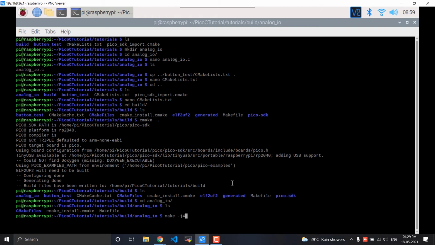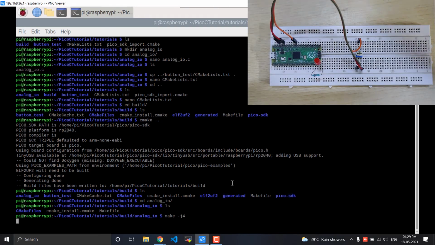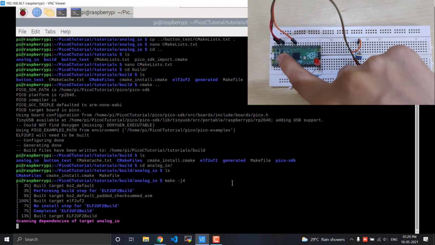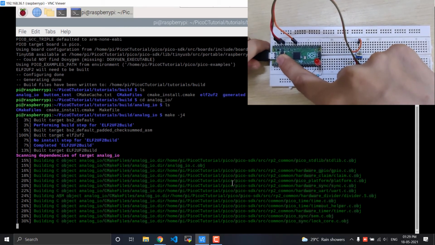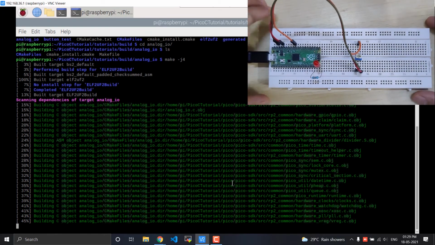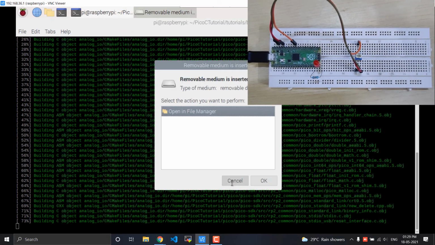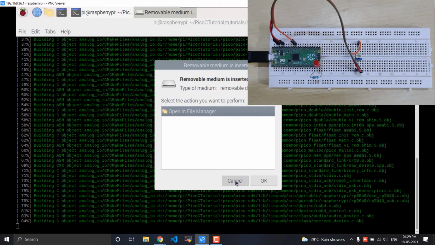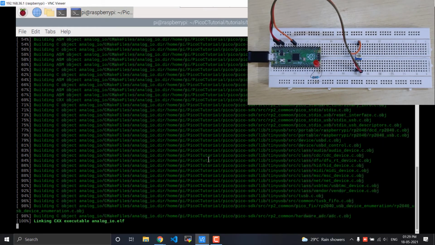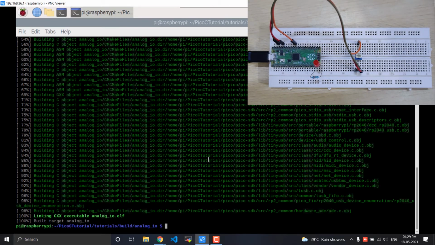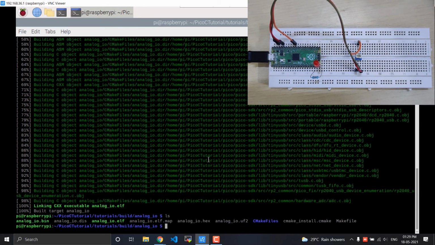While that is running, I'll connect the Pico in programming mode. So I press the button, connect the wire and release the button. We are given this prompt which we can cancel because I'll be using the terminal to copy over the files. We can do an ls now and see that we have the analog io.uf2 file. This is the file that we need to copy. So we can do cp analog IO.uf2 /media/pi/RPI-RP2,